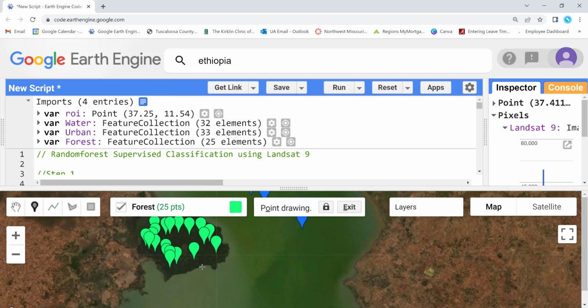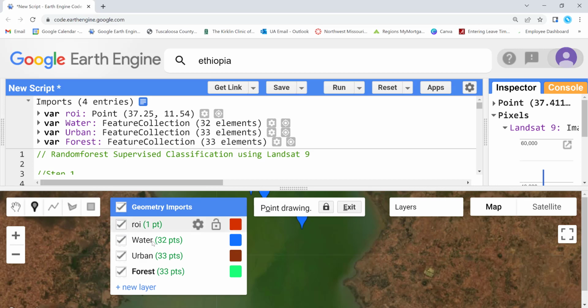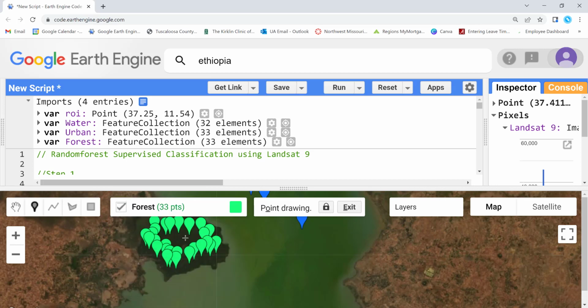about 30 data points, and this is just a sample. I mean, if it's a real training data, you would need more representation, spatially or geographically, but for this tutorial this should be sufficient. Okay, and the next